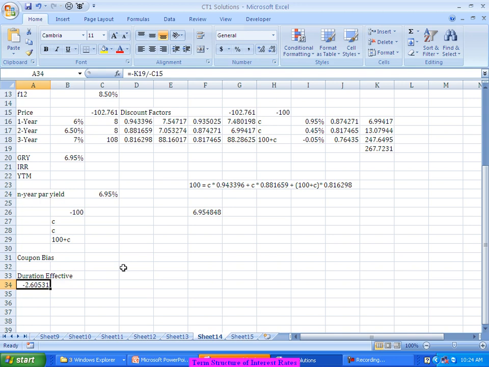So if I am predicting that the interest rates are going to increase by 1% in the next 6 months, I can think that this kind of a bond, the price of the bond will actually fall by around 2.6%. So the other way of saying is, if the interest rates go 1% up, all we are saying is the price of this bond will drop by